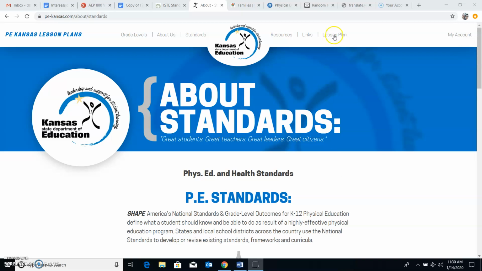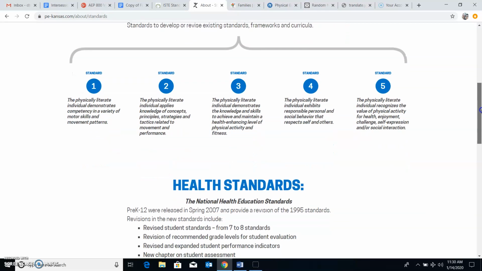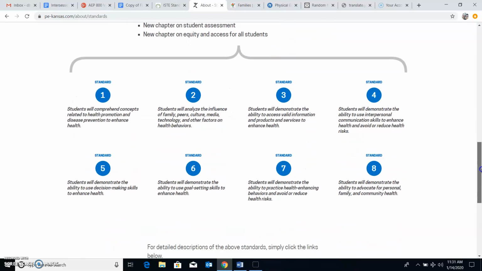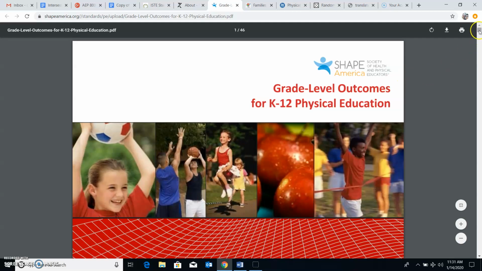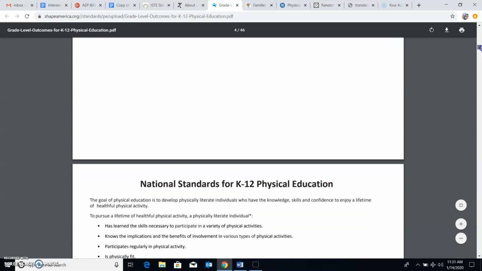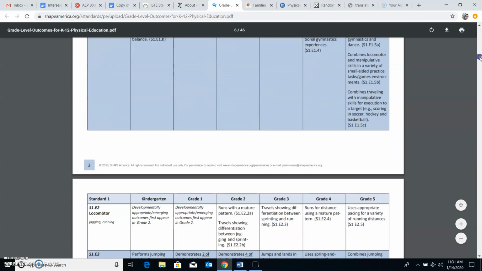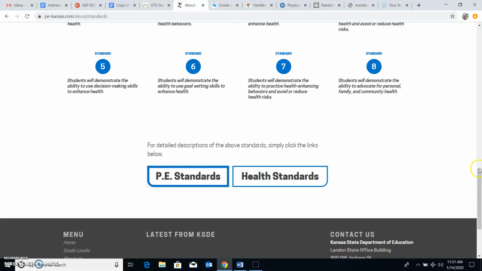So how the website works, I have the standards currently pulled up, and you can see the PE standards there, 1 through 5, and then they've also got the national health standards there, very readily available. If you click on the PE standards, it pulls up a 46-page document that goes more in depth on each of the individual standards, what they should be doing at each grade, and how they progress. So it's very, very in-depth. So going back to the actual website,